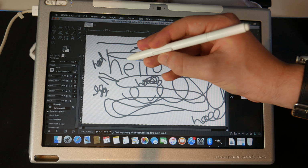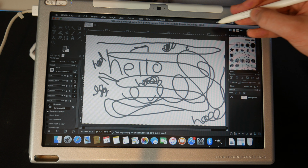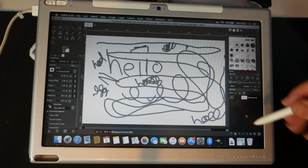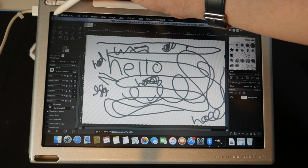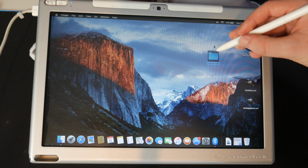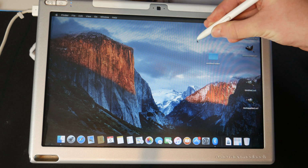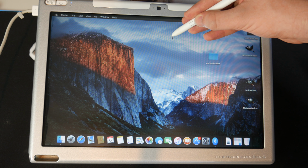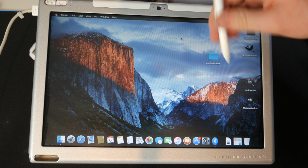Now, there is a button on the side of this pen. If I press it, I believe you can right click in some situations. It doesn't seem to want to let me do it inside of GIMP. That's fine. I'm going to close out of it. Okay, so I just right clicked and made a new folder. If you hold it down then press the bottom of the button, that triggers a right click. If you touch the top of the button, it doesn't seem to do anything outside an application,